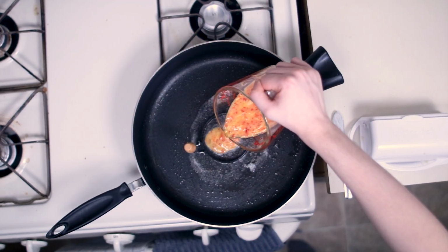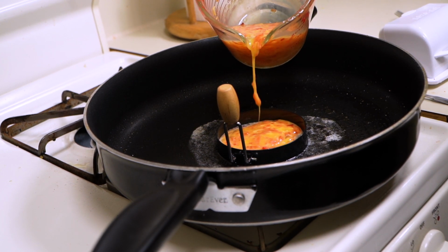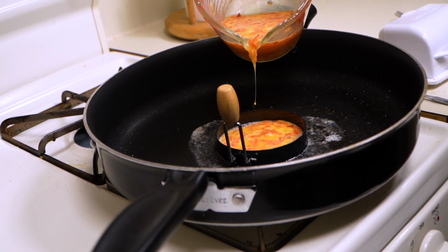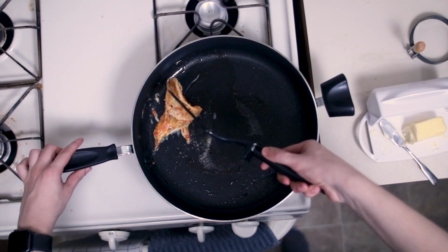Then take your rings, pour in your egg mixture, but don't fill the ring up. Make it very shallow so it's able to actually cook through all the way. Once you think the bottom is properly solid, give it a good old flip and let it...